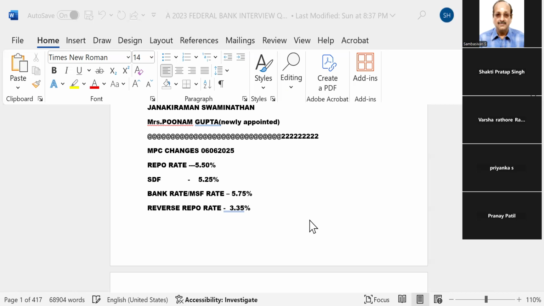Yeah. I have a doubt, how is the SDF different from reverse repo? In both the cases, RBI is borrowing the money from the banks. True. Then how is it different? It is different because they say that SDF will be accepted by them only when it is sought for. Not only that,